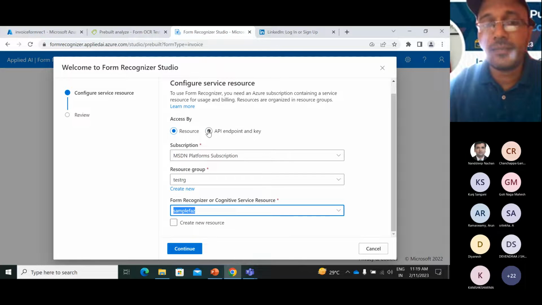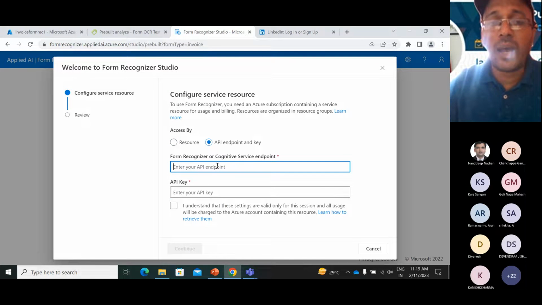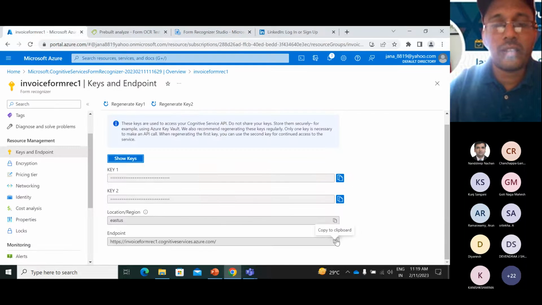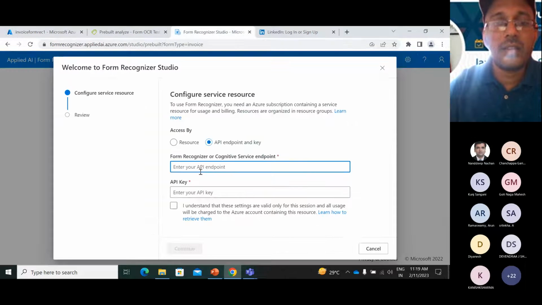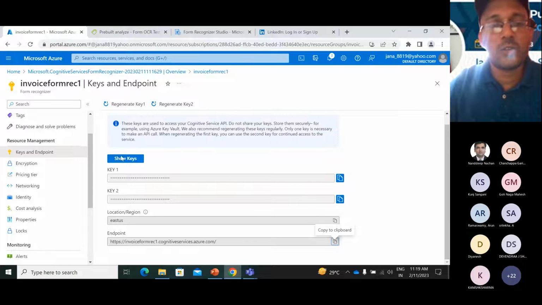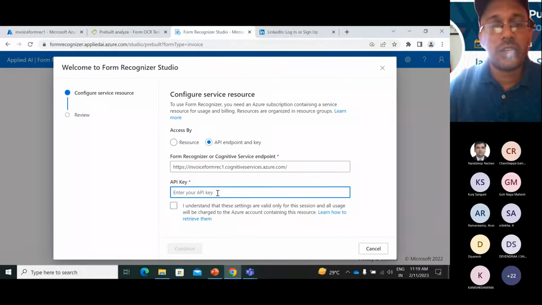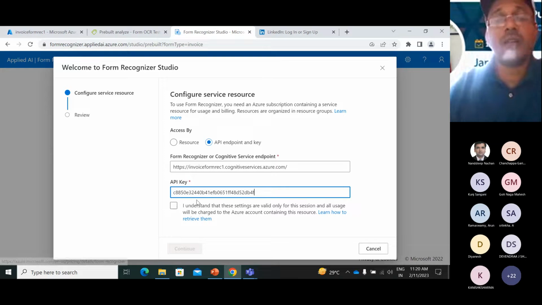When I click this, you have to pass your endpoint, take the endpoint here, copy this, paste it in the endpoint, and you need the API key. Go back to your Form Recognizer, your Azure Studio, where you can have your key. Just copy this and paste it in your key related information. And we have to check this checkbox because